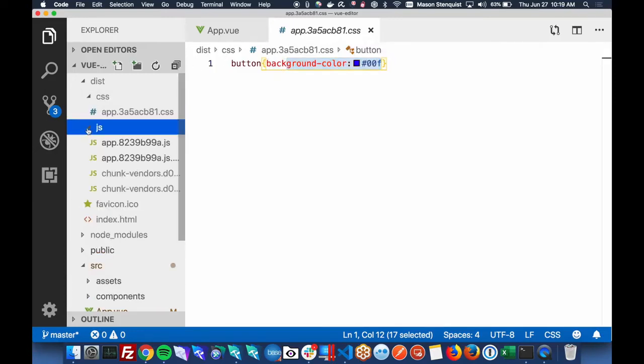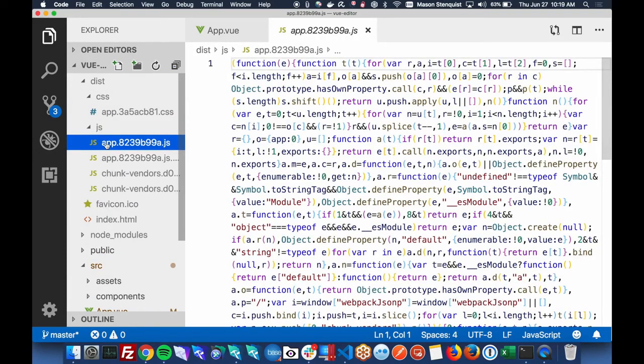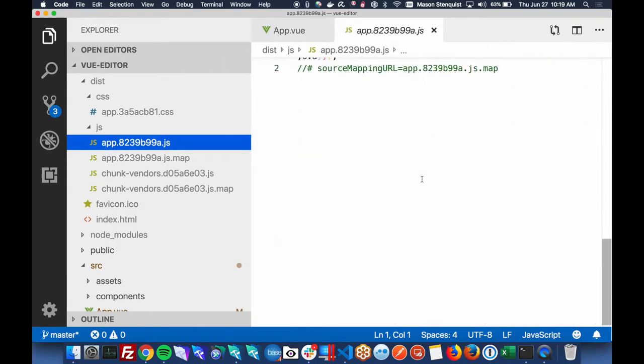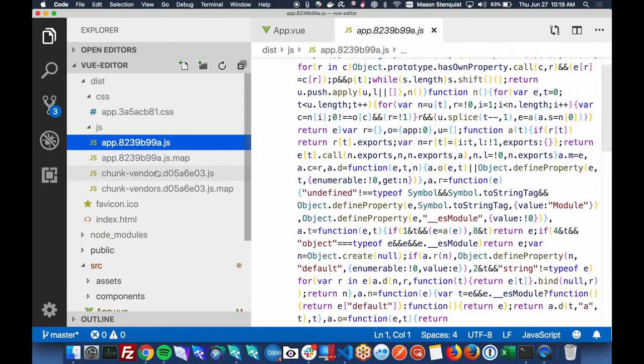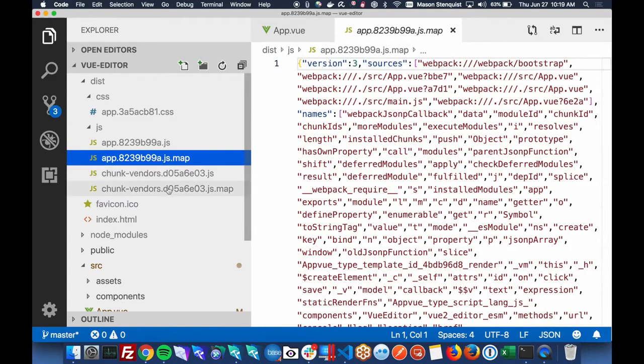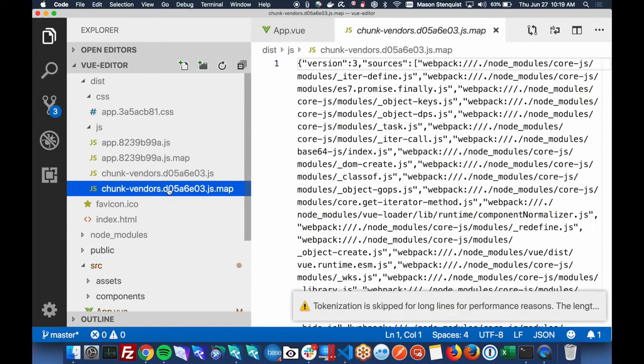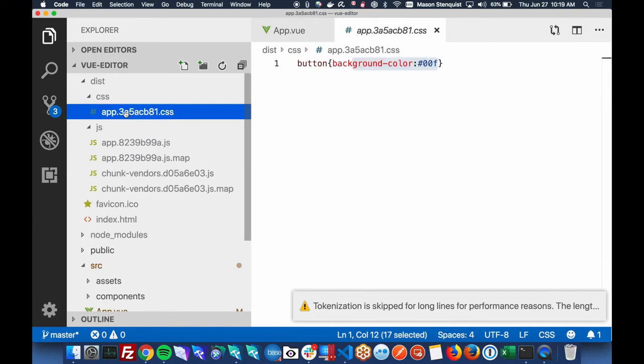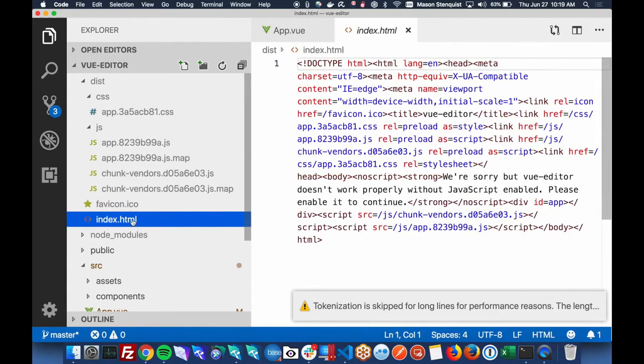And then you'll notice our JavaScript is pretty much unreadable because it's minimized and as short as can be. It also includes the map files. This makes it easier when you're debugging. We're not going to bother with them. We just need the JS files here, the CSS file, and this HTML file.